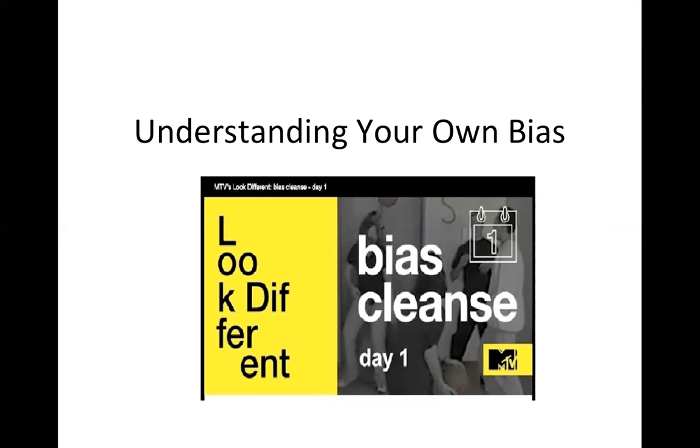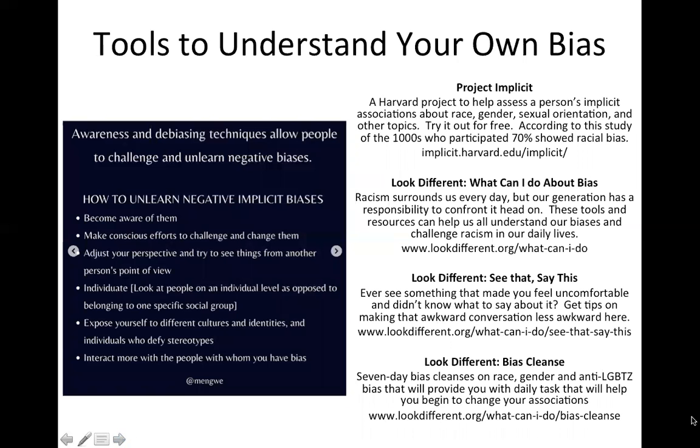That's a big part. But once you already have the biases, what are some of the things that you can do? I'm just going to have this one slide to talk about it. One is just identifying, becoming aware of your biases. There's a bunch of really great sites you can go to, like Project Implicit. It's a Harvard project, and you answer a series of questions. They're not all direct. There's not like, do you believe black people have thicker skin? It's more indirect, and they'll help you understand several different biases that you have. I think that's the biggest one, just becoming aware of them. If you're not aware of them, there's nothing you can do about it.